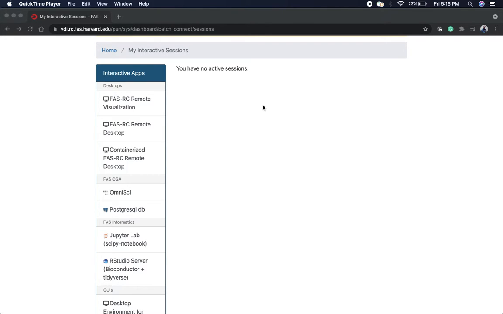Hello everyone. This video shows how to launch a PostgreSQL database using the virtual desktop interface of FASRC and connect to the database using shell commands. Before launching the PostgreSQL database, you need to log into the virtual desktop interface using